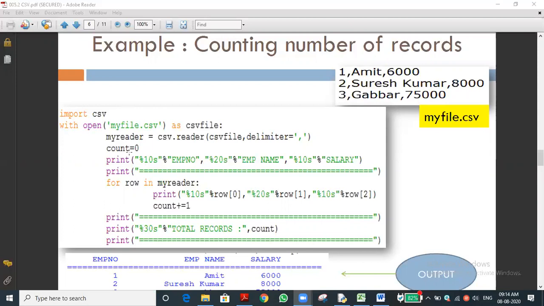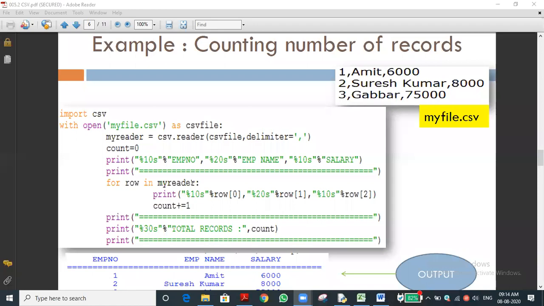Fine. Next, we are printing employee number, employee name, and salary as the heading. Then a for loop: for row in myreader. Myreader is what?